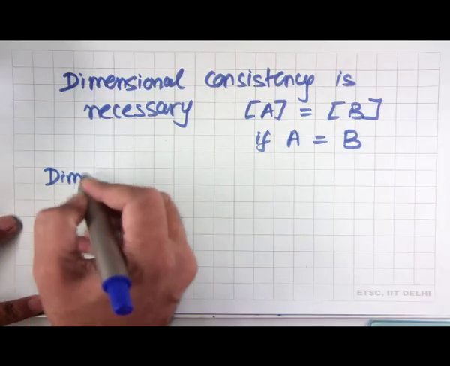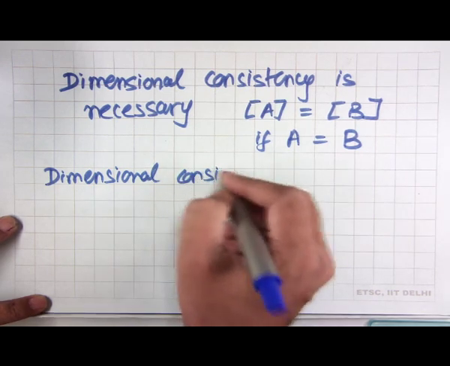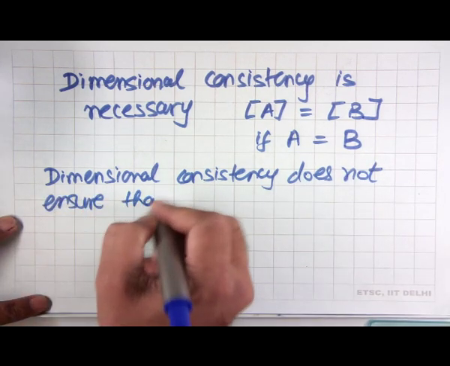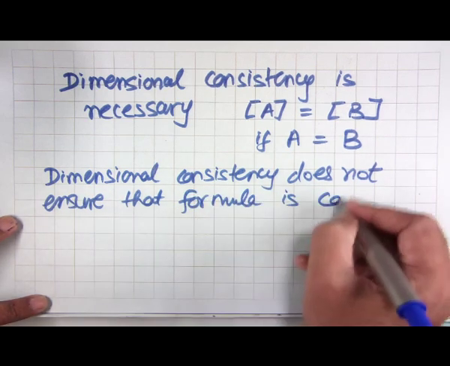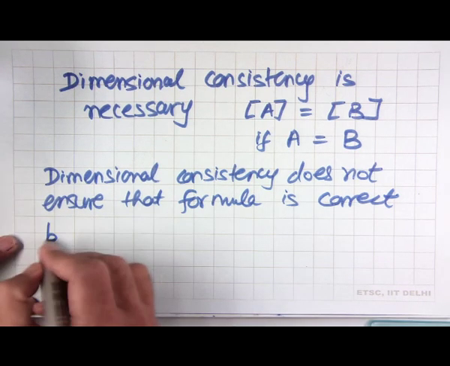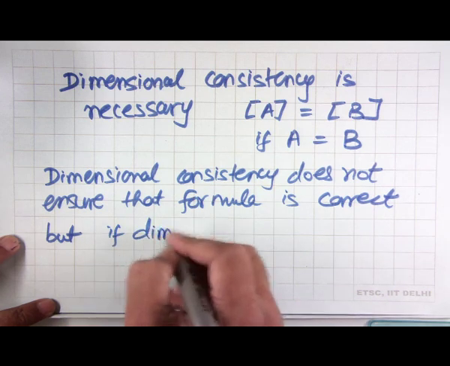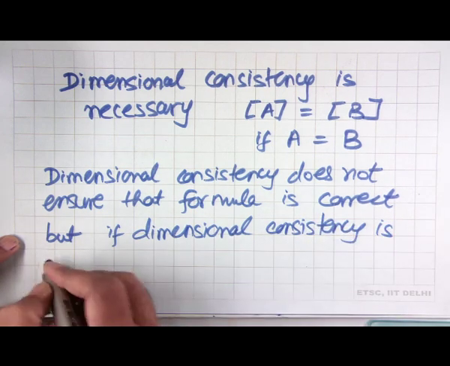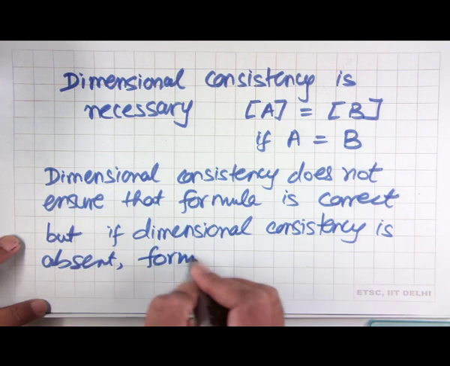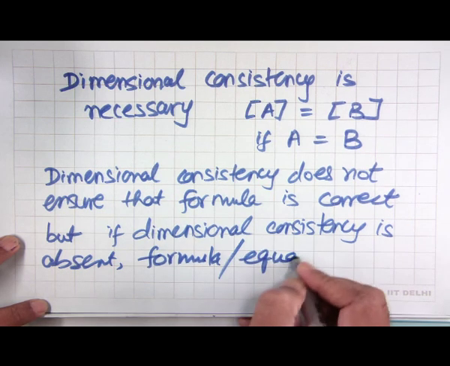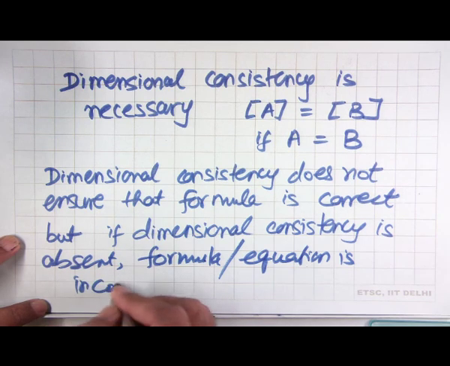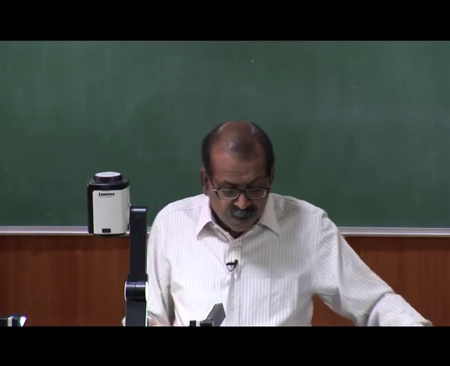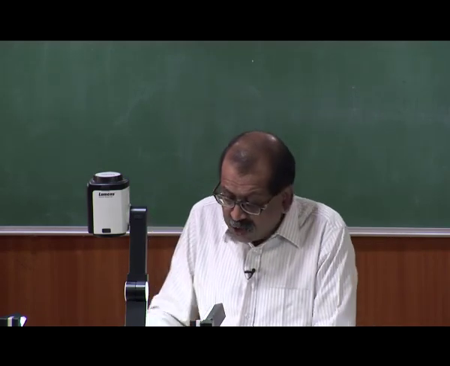So, dimensional consistency does not ensure that the formula is correct. The constants which are there may be wrong, but if dimensional consistency is absent, then clearly the formula or equation is incorrect. So, one has to take care, and also what we realize is that there are certain quantities which are dimensionless,